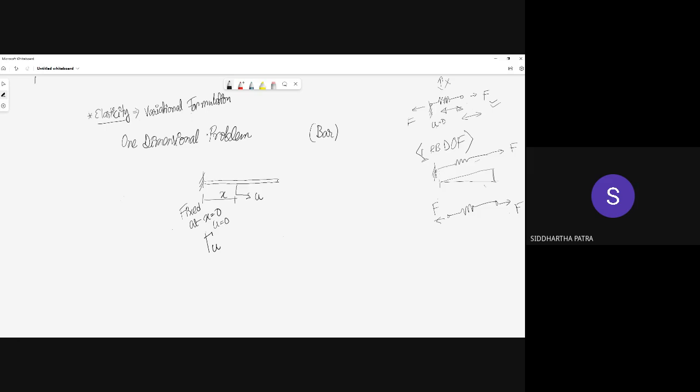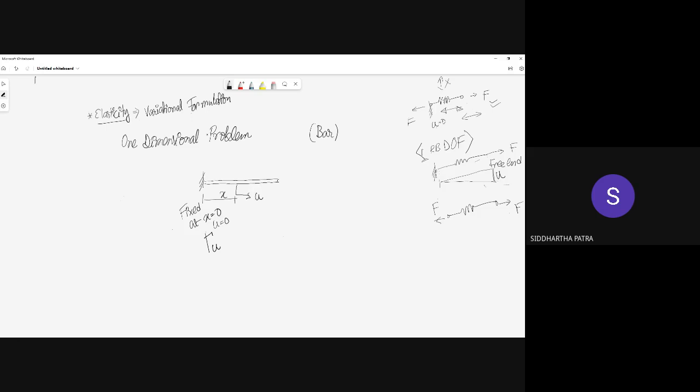And this quasi-equilibrium problem gives you a deflection at the free end, so-called free end, and that deflection, if it is u, you can more or less assume that it is linearly changing across the length of the spring. So you can basically assume that to start with, the spring has 2 degrees of freedom, one of which is a rigid body degree of freedom. The other one is the degree of freedom due to the deformability of the spring.